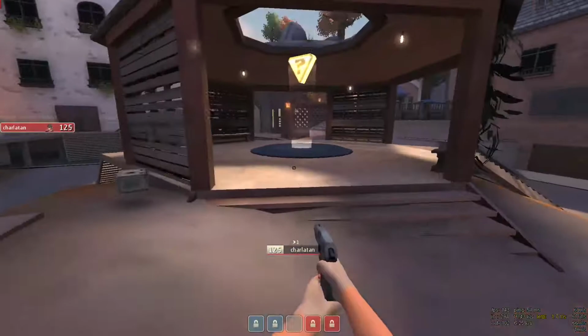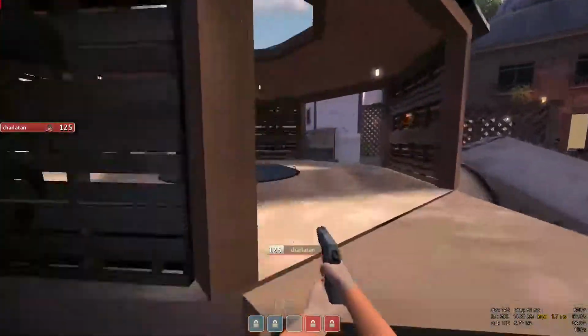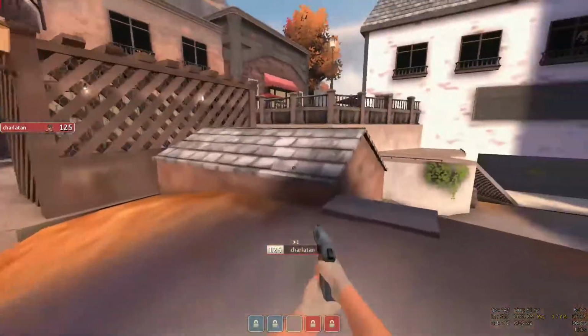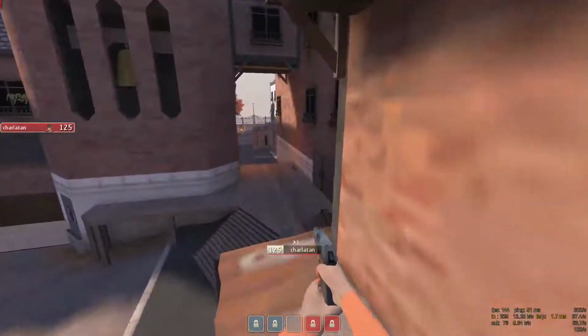The thing about this map is that the point isn't locked; it's instantly cappable. So you come to mid, you can just walk on the point and cap it, and it caps pretty fast too. So if you have x2, x3 on it, you can cap it in like 5 seconds maybe. So how this mid plays out,